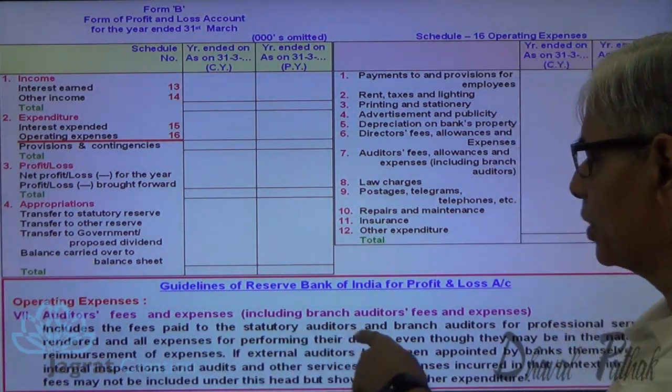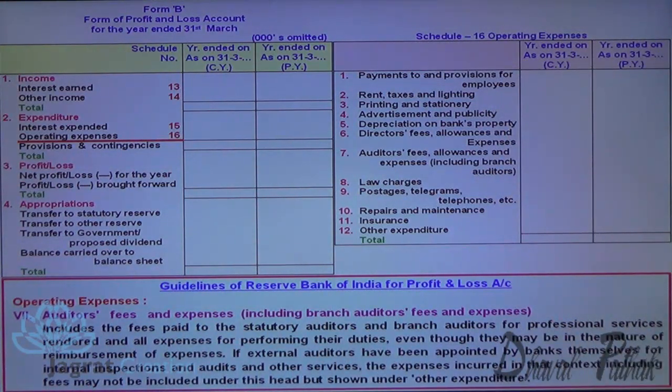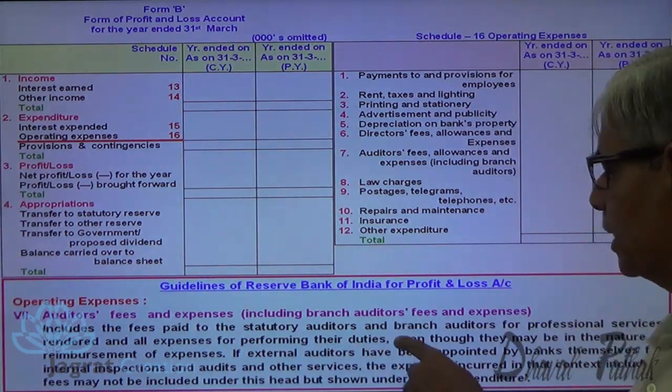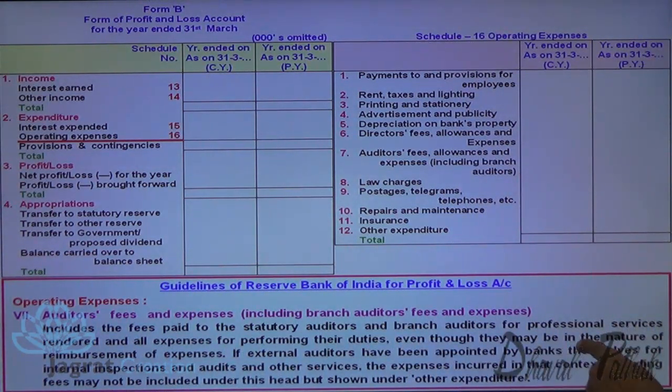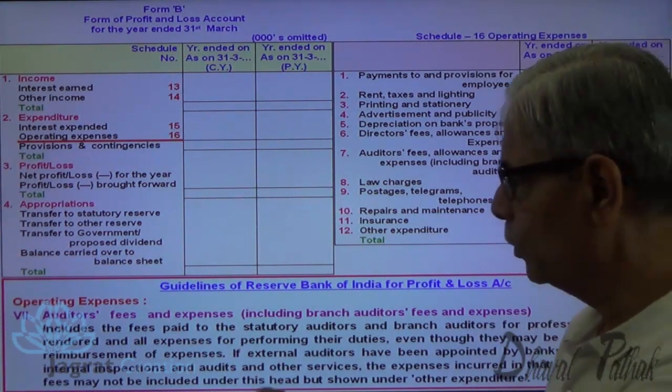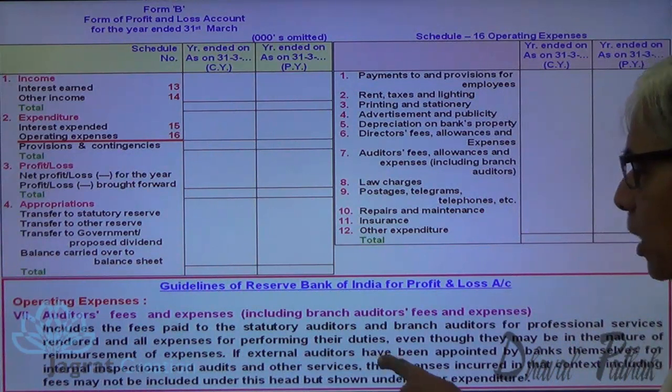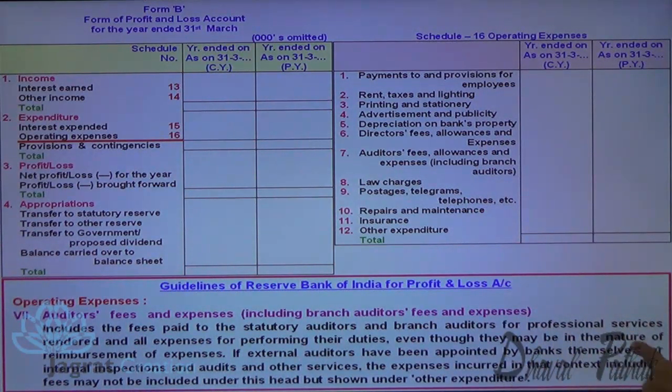Includes the fees paid to the statutory auditor, branch auditor and the professional services rendered. All expenses for the performance of these duties, even though they may be in the nature of reimbursement of the expenses. But important point, if the external auditors have been appointed by the bank themselves